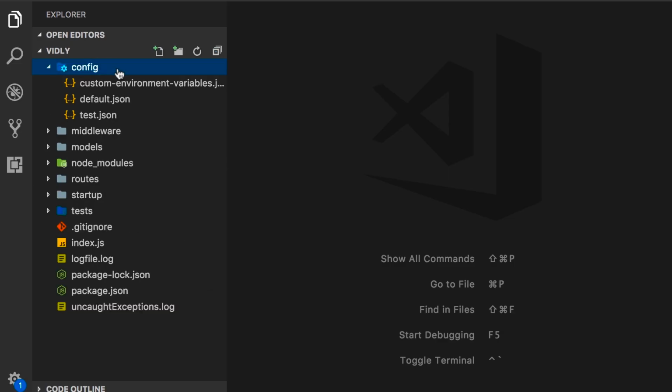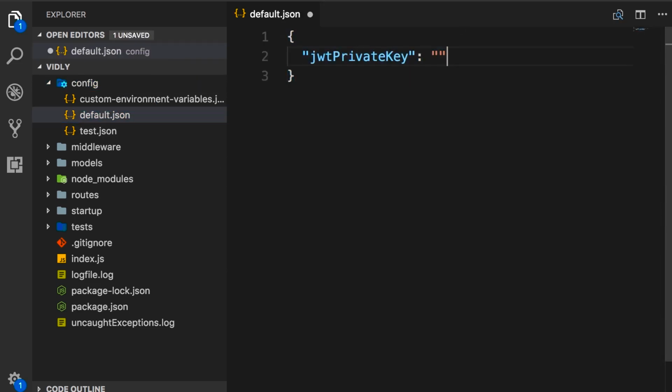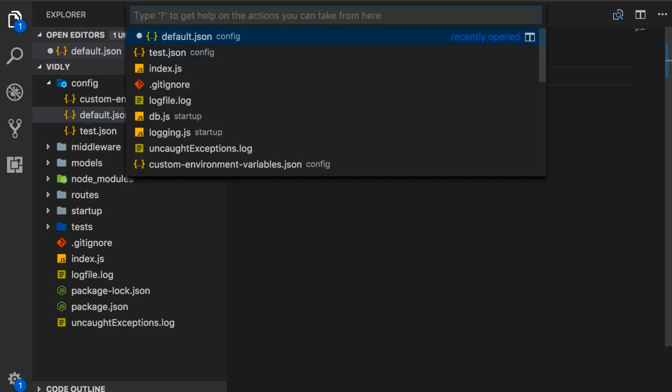First, we go to our configuration folder. Let's go to default.json, add a new key here. Let's call that database. And we're going to set that to our default MongoDB connection string. And then we'll override that in our configuration file for our test environment. So let's go back to